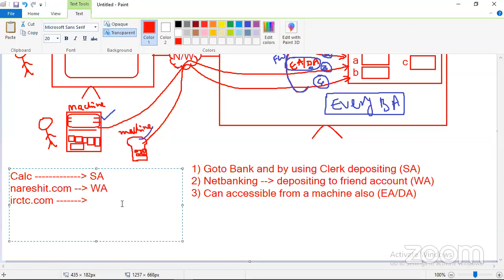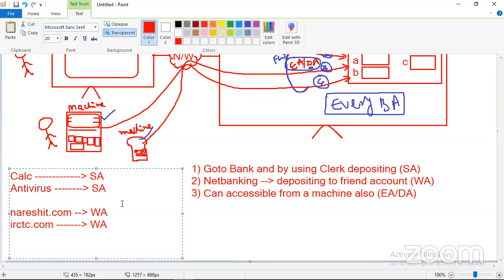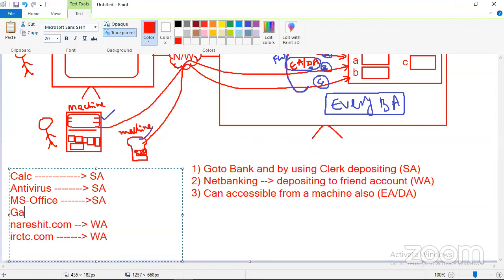Web application. Now I'm taking an antivirus application. Can you access an antivirus application via web? No, you are installing it in your system. This is a standalone application. Next, MS Office is a standalone application. A game software you install is also a standalone application. All these are standalone applications.